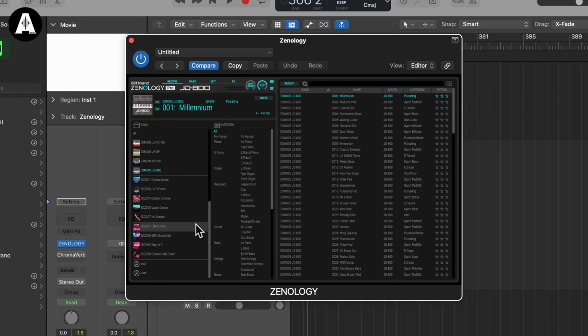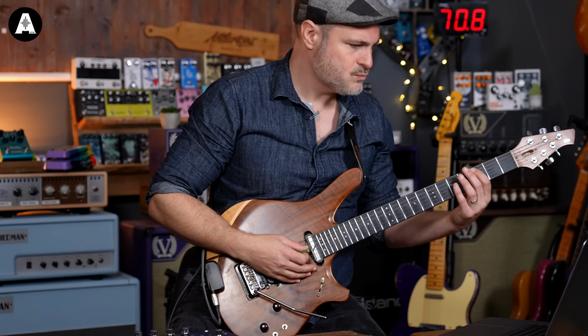All the plugins and wave expansions. It's literally like the old days where you'd buy an expansion for your keyboard, physically like RAM, but you're doing it digitally into here. So here, for example, are JD-800 sounds from there. So like...